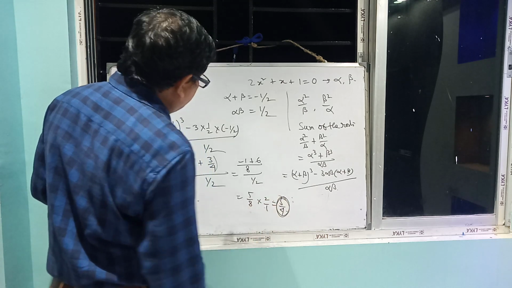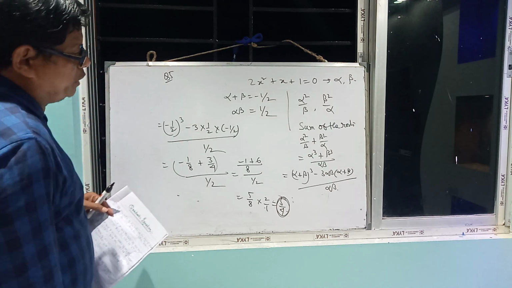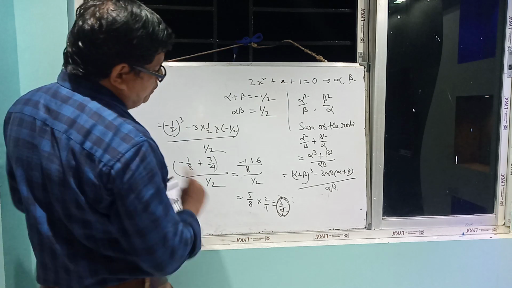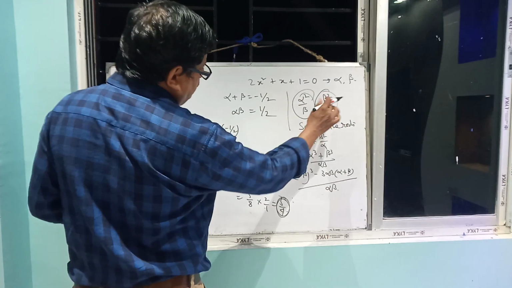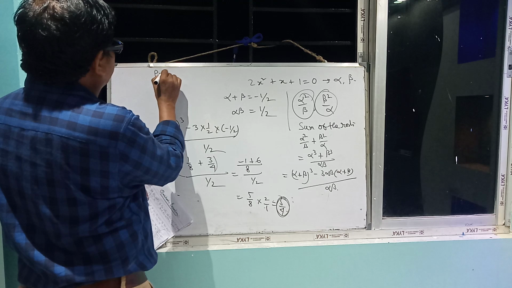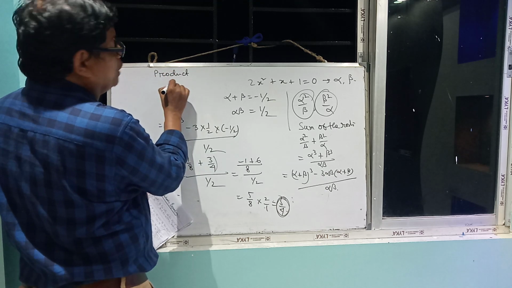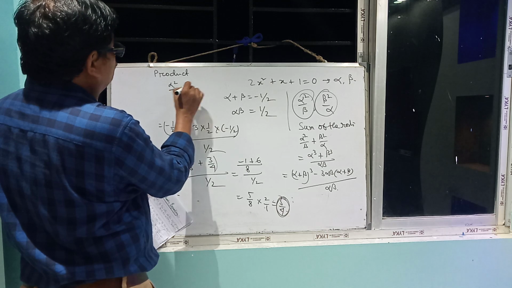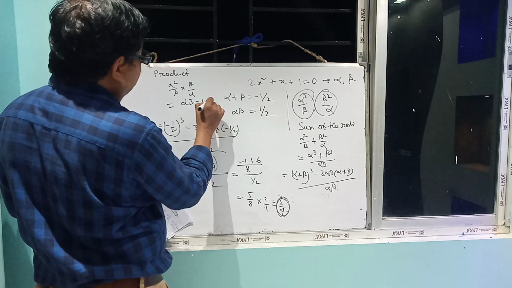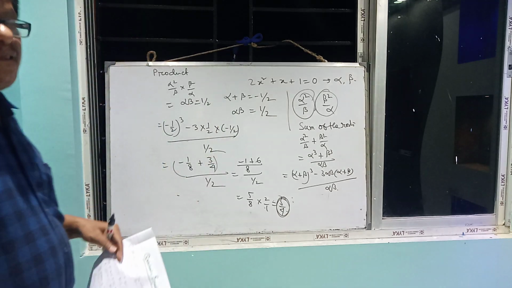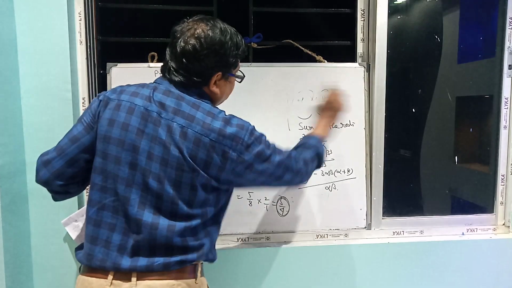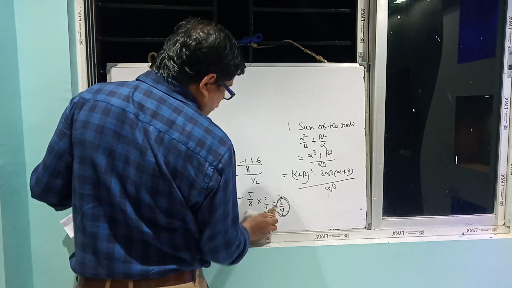Okay? 5 by 4. Now, product of the roots. So alpha plus beta gives 5 by 4, and this plus this. Two roots are there. The sum of the roots is 5 by 4. And product: product equals alpha square by beta into beta square by alpha. So you get alpha beta, no? Alpha beta value is half. Okay? Now find the equation. See, new equation. The sum is 5 by 4 again.